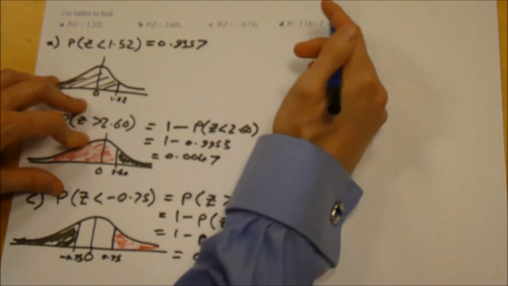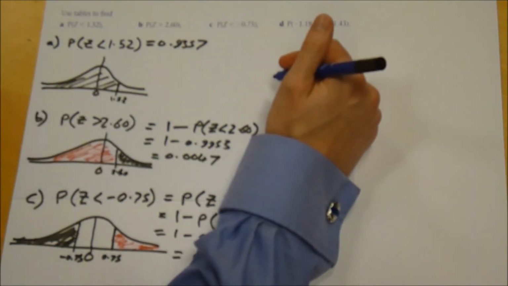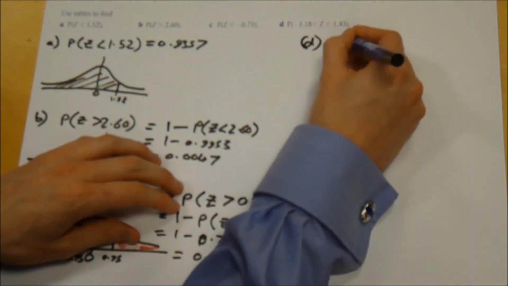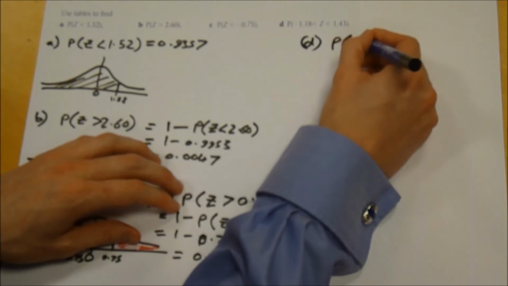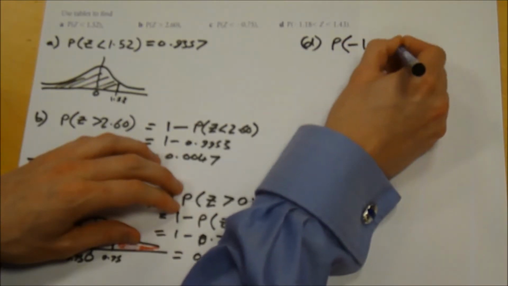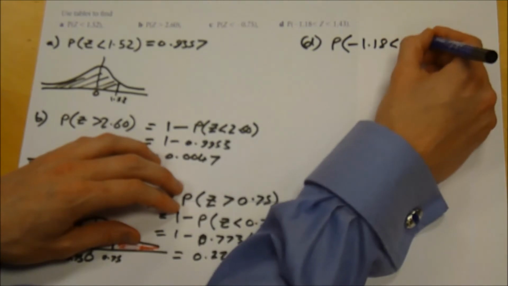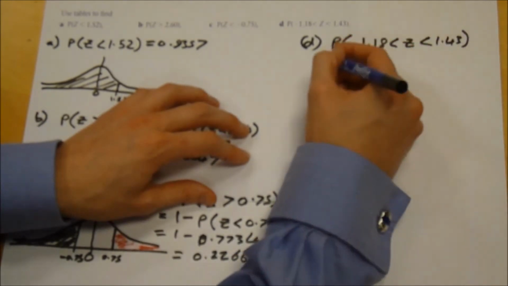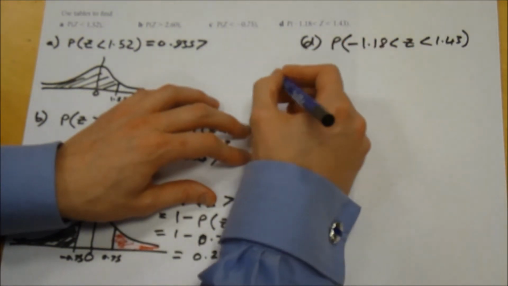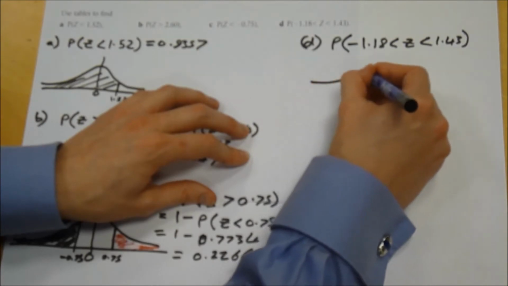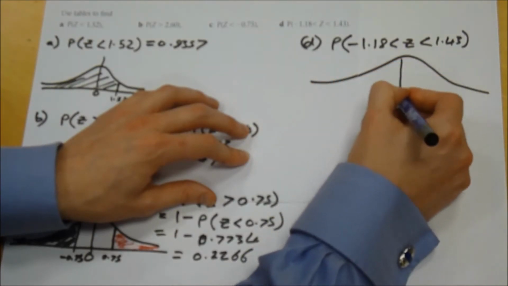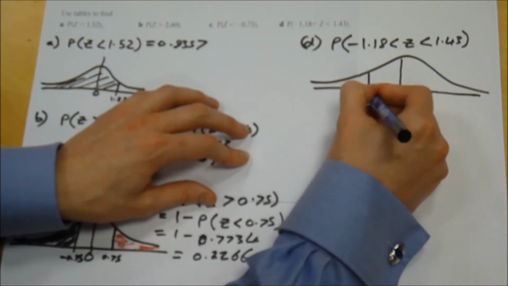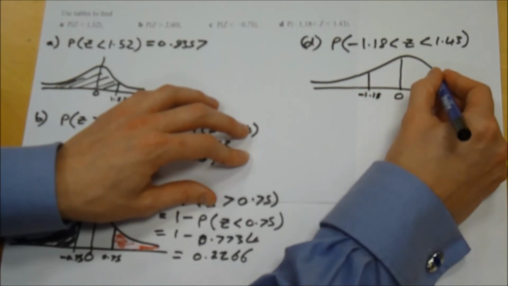Alright, and the final one. This is the most complicated and definitely worth getting your diagrams ready for. So, in part D, it asks me the probability that Z is between minus 1.18, so bigger than minus 1.18, and less than 1.43. So, looking at that as a sketch, well, it'd look something like this. So we've got our mean of 0, and it's between minus 1.18 and